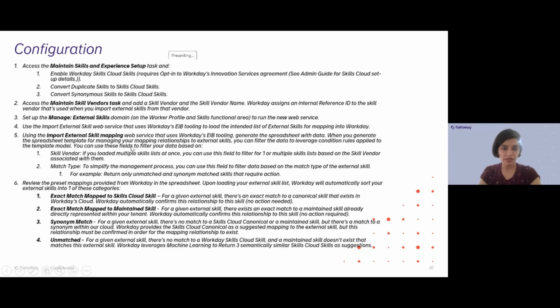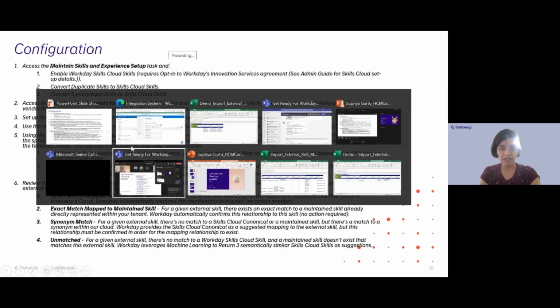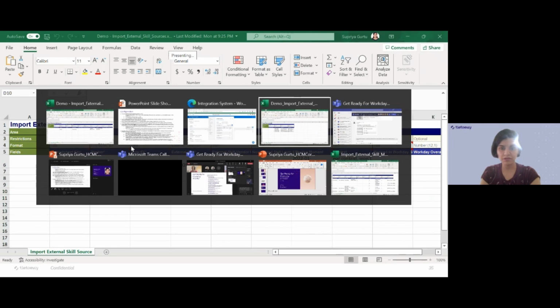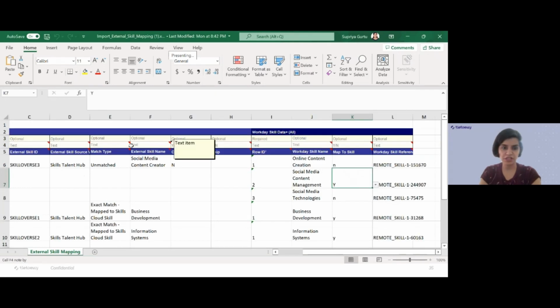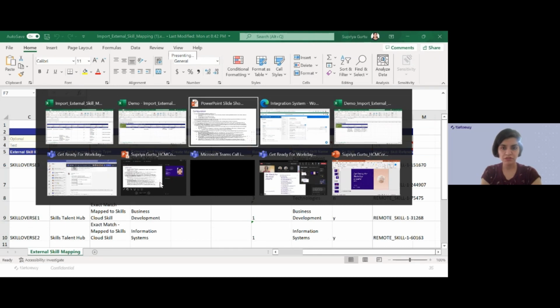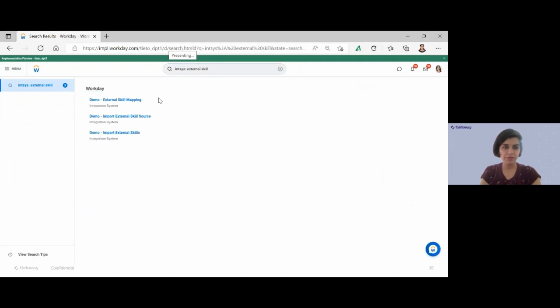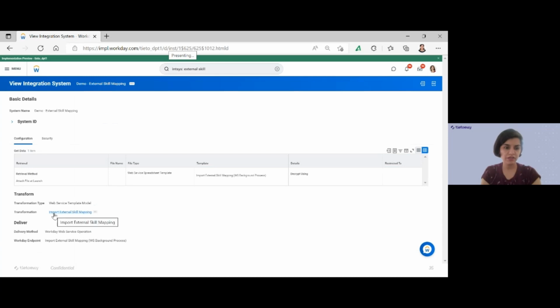Okay, so let us take a look at this particular spreadsheet. Yeah, so before this, let me show you the EIB, which is the external skill mapping. So you create an EIB, and we can see that we are using the import external skill mapping web services